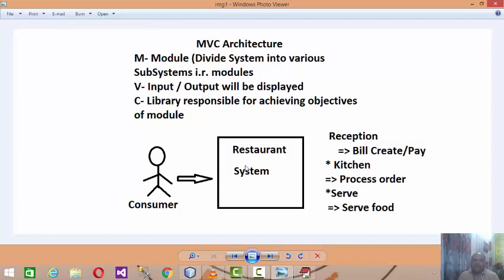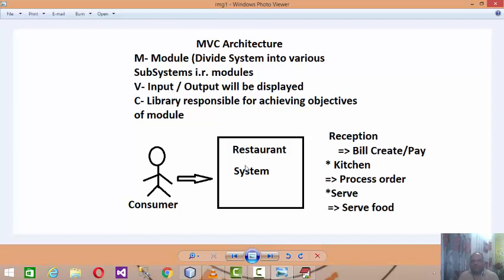Now, just identify in that restaurant system what the various modules or subsystems involved are. In the restaurant system, the main modules are, first, reception. Now what are the responsibilities reception has to perform? They will welcome the guest or the consumer.